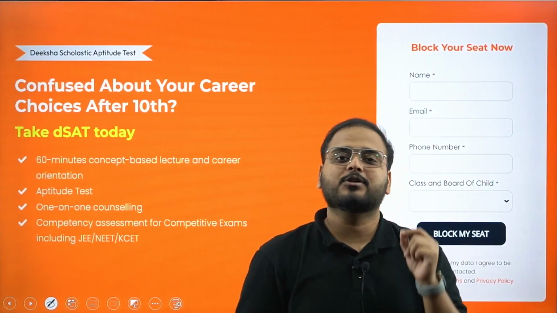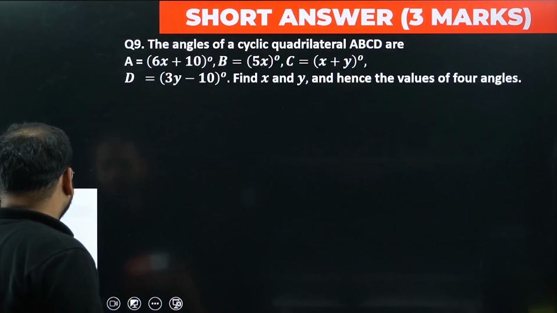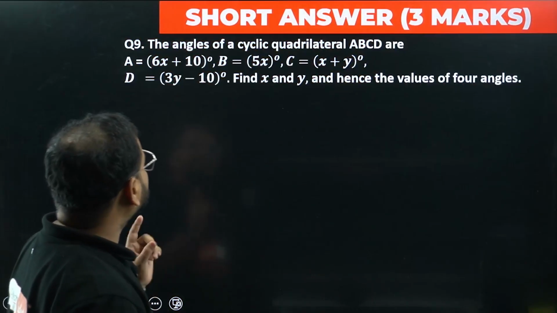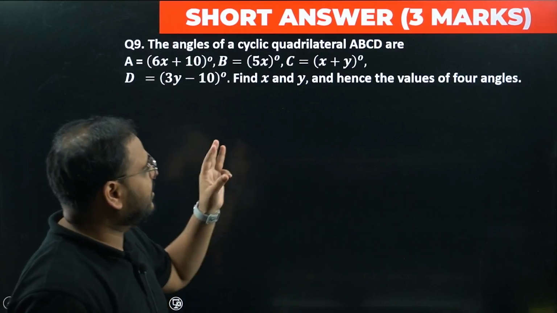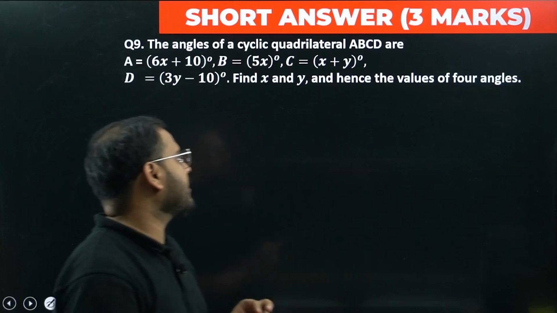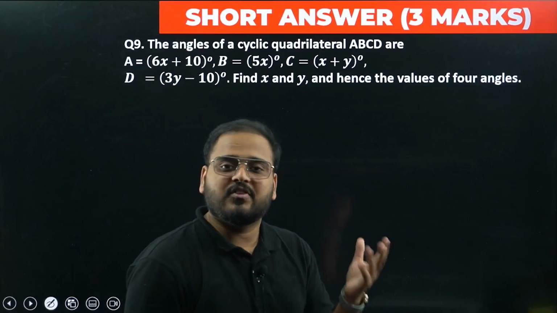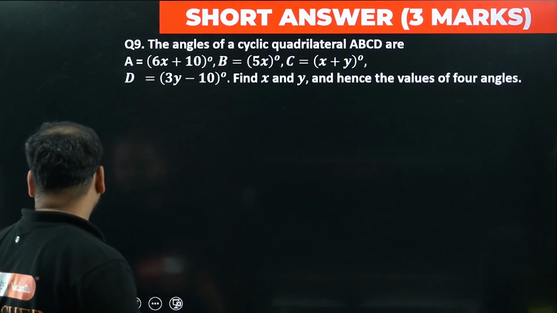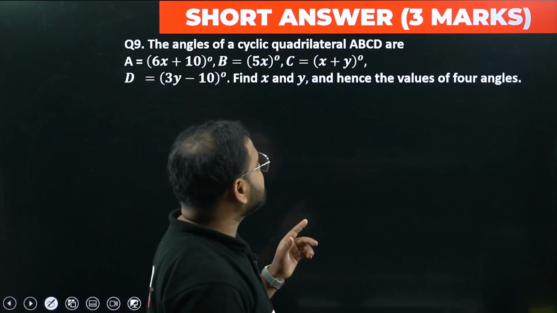Right now, let me get back to the solution of mock test number 2. So moving on, question number 9. Short answer, 3 marker. You can expect it in the 3 marker or 2 marker category, but mostly I've taken 3 marker questions, because the answer is a little lengthier. You can also expect this question in 5 marker, but 3 marker at minimum. Question number 9: the angles of a cyclic quadrilateral ABCD are